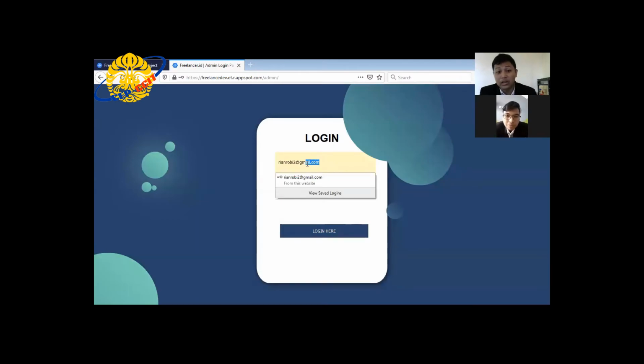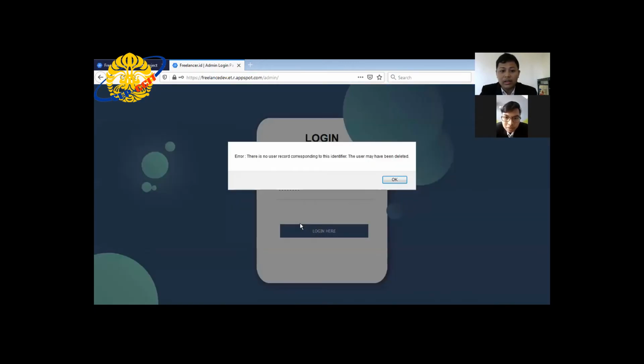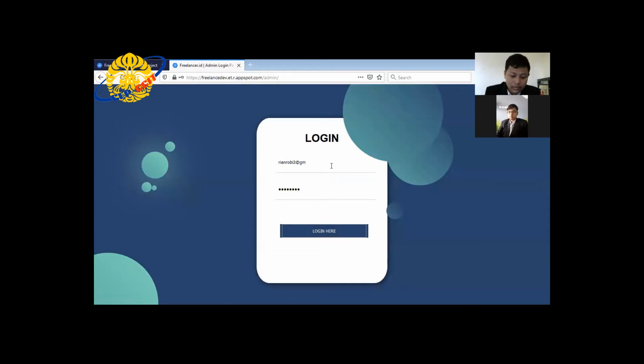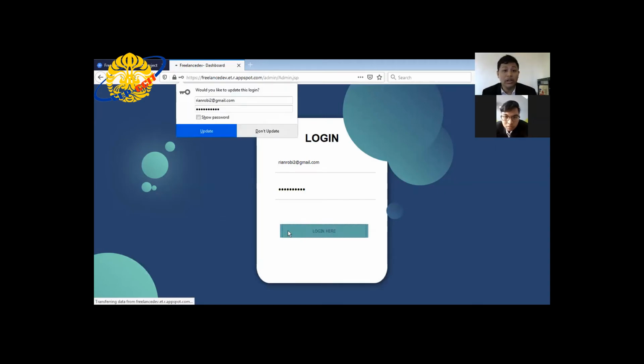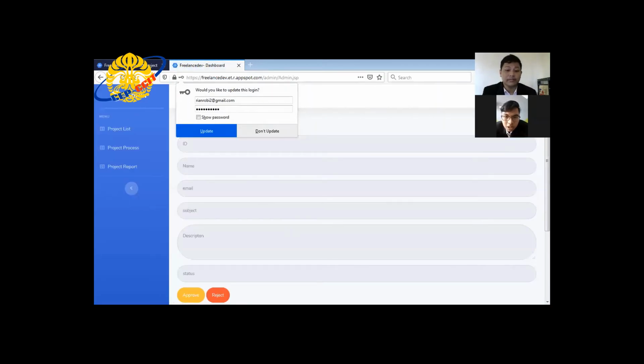If we don't insert the email address, it will display that there is no user record corresponding to this identifier. But if we use the real email and password, we go to admin.jsp.